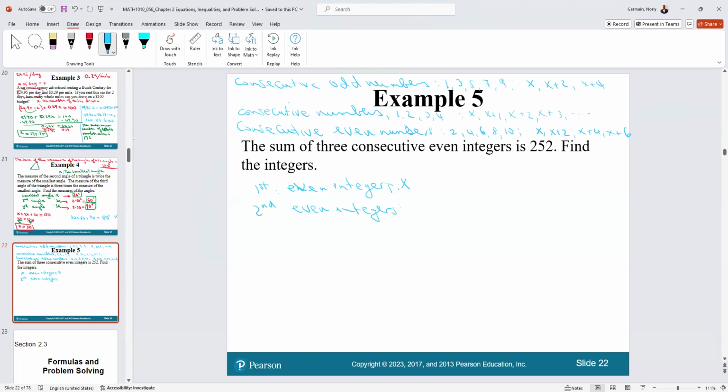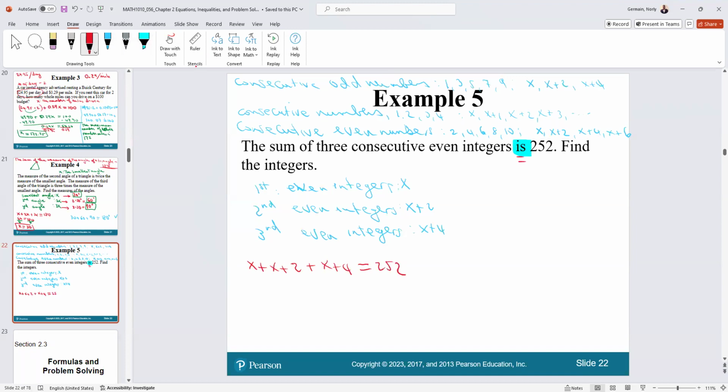Because it's even, is x plus 2. The third even integer, because they are consecutive, one after the other, is x plus 2 plus 2, that makes it x plus 4. Because they said it's the sum, sum means we need to add them. So x plus x plus 2 plus x plus 4, okay, means equal. Remember that, sum means equal